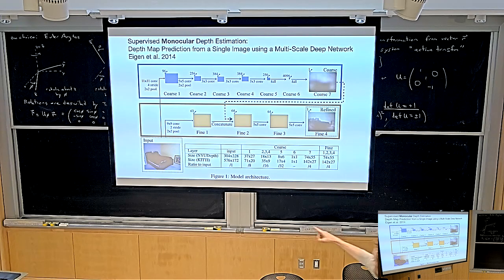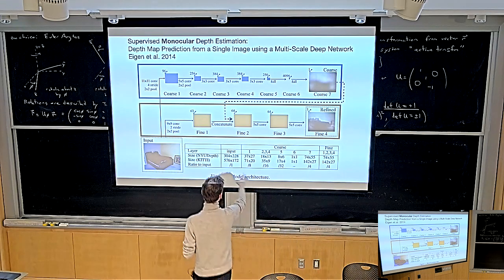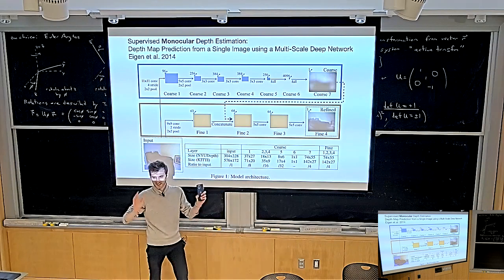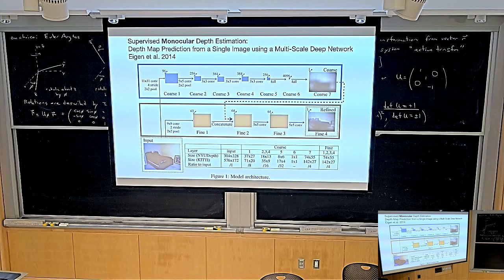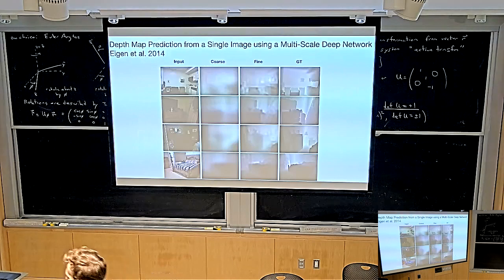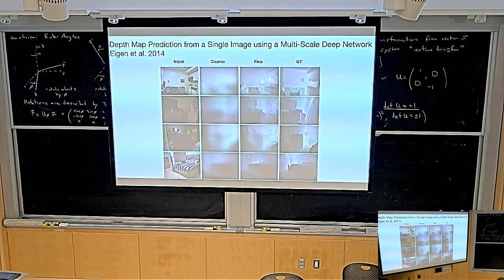And then they had these tables in the paper, like, here's the architecture of the CNN. No one does this anymore in machine learning papers today. Okay, but then what did they do? They took this architecture, they built it, and they just trained it on a data set that they collected themselves. And this is pretty good for back then.